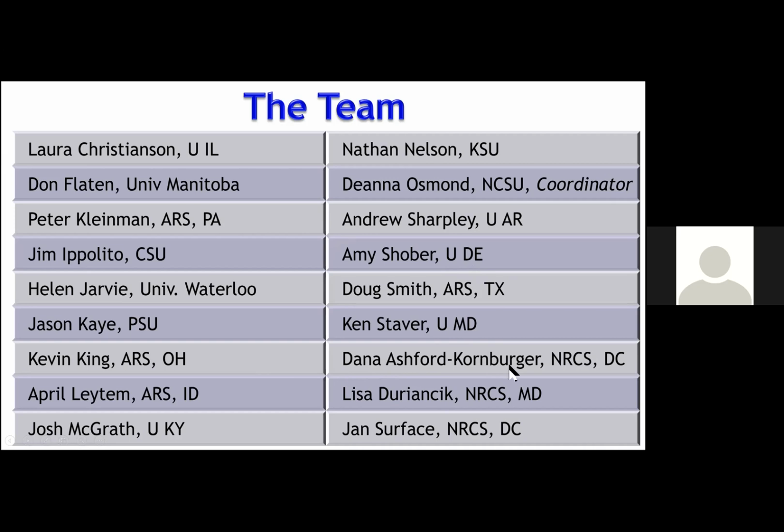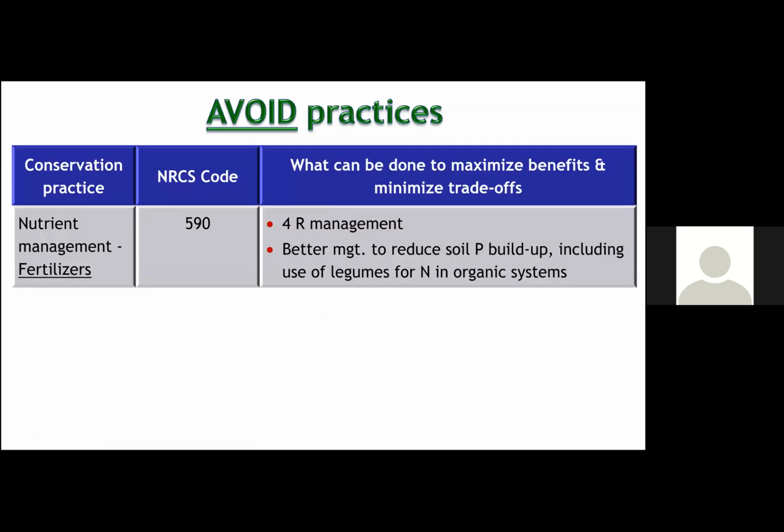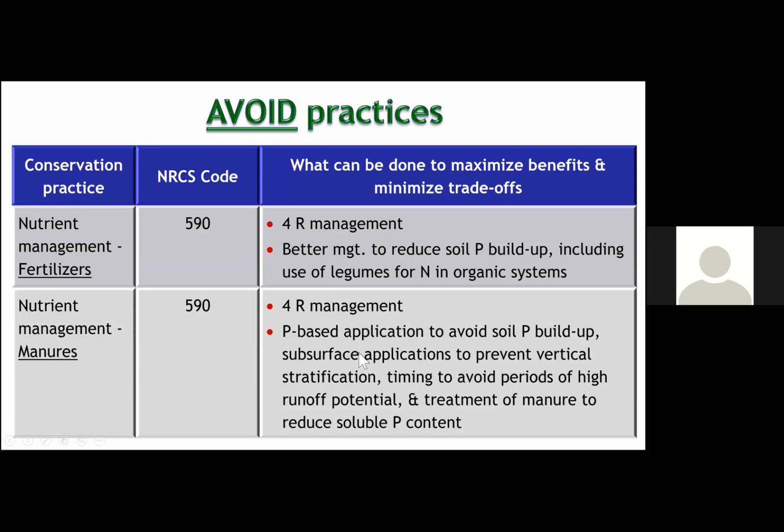And so the conservation practices that we talked about before: control, avoid, and trap. And so avoiding some of what can be done, just quickly. Nutrient management of fertilizers, better management to reduce the soil P buildup, including maybe the use of legumes for nitrogen. So you're maybe not needing to put the phosphorus on. We know that having legumes in part of the system provides that nitrogen. In manure management, again, it's this idea of avoiding soil buildup, surface application where possible, looking at if you do get some stratification at the surface, maybe incorporating that into the soil, but avoiding the